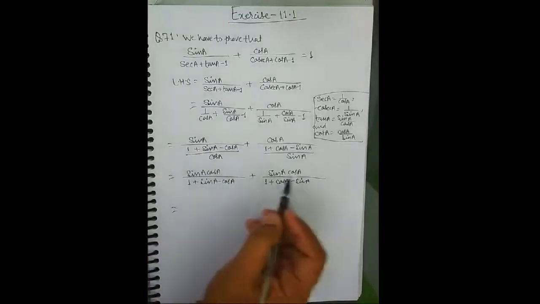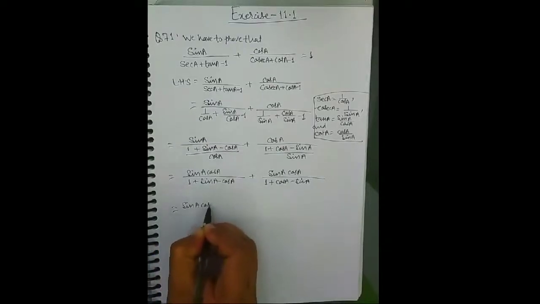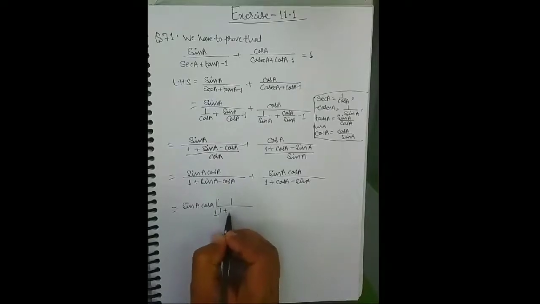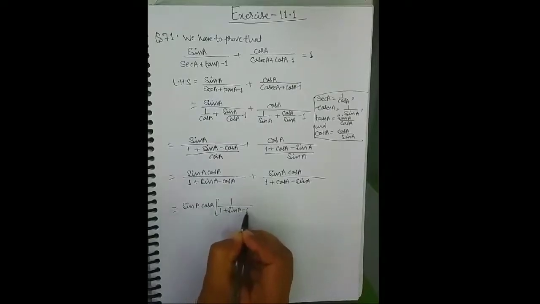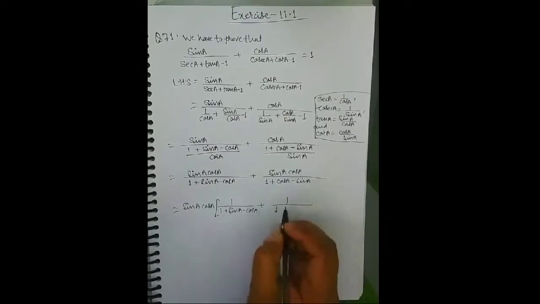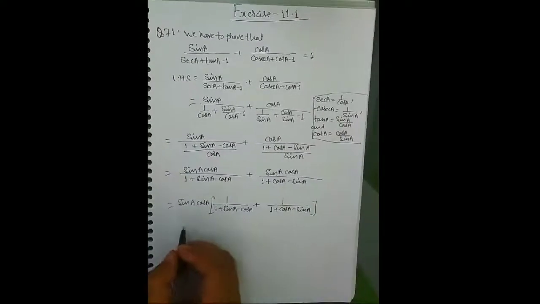यहाँ हम दोनों टर्म में से sin a into cos a कॉमन लेंगे। सो sin a into cos a to 1 upon 1 plus sin a minus cos a plus 1 upon 1 plus cos a minus sin a। Now we solve।